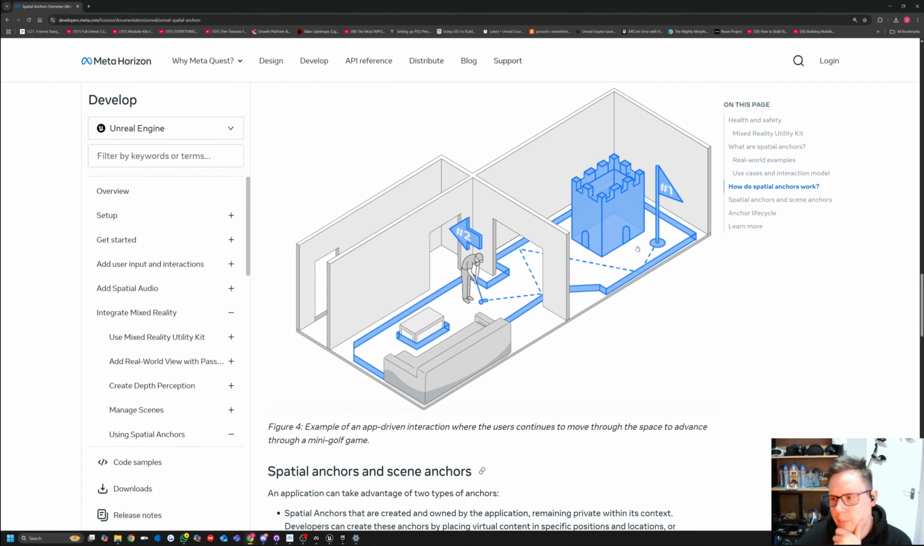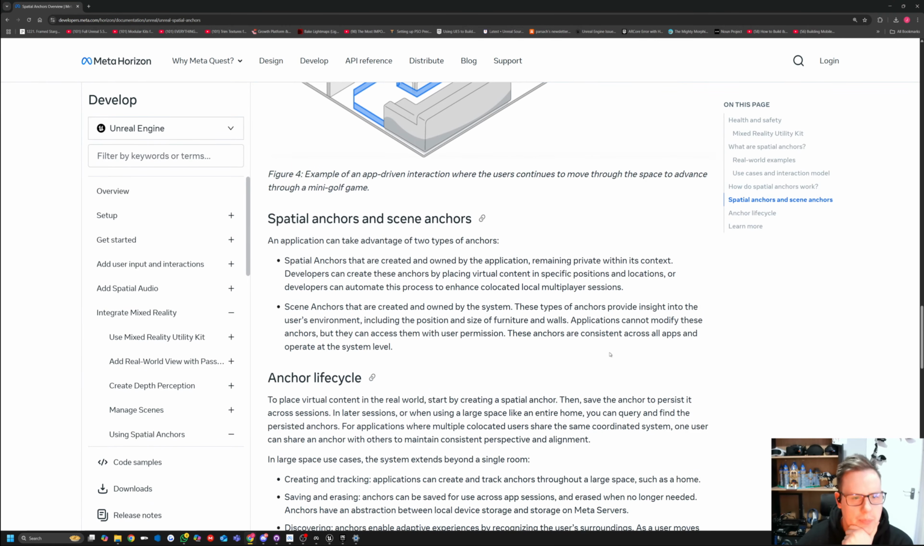So that would be the case. You build your own golf courses, and then you move to the next room, and then there's another one, and the other one. An application can